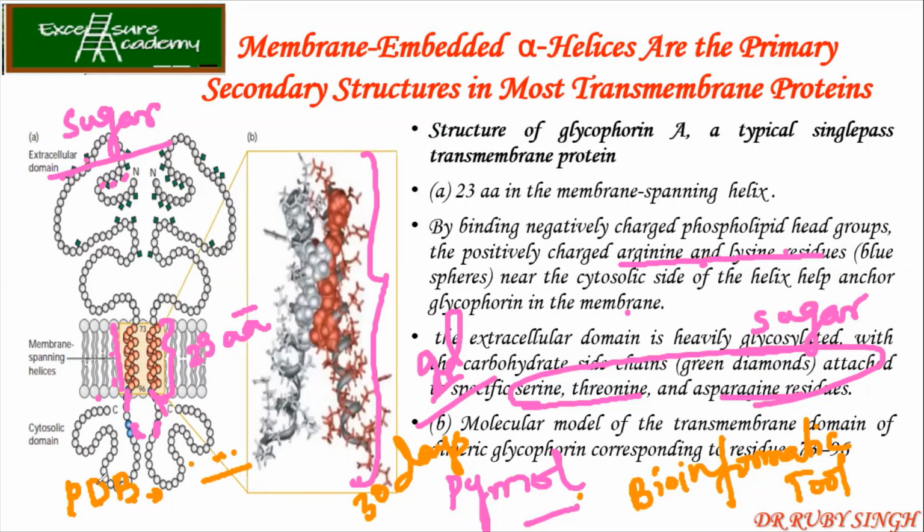Now when you open it, you can rotate the protein structure, you can zoom in, and you can label a single amino acid and study it. You can also understand how exactly the structure looks, and which amino acid is interacting with another one. All of that you can study with the help of PyMol. So just try it once and let me know whether you were able to do it or not.